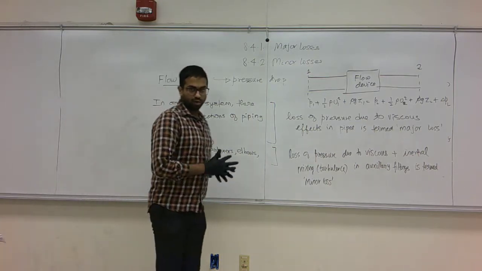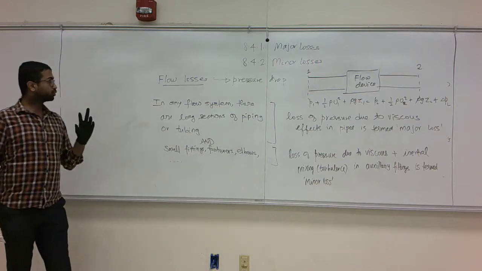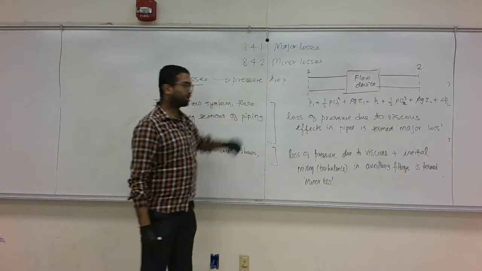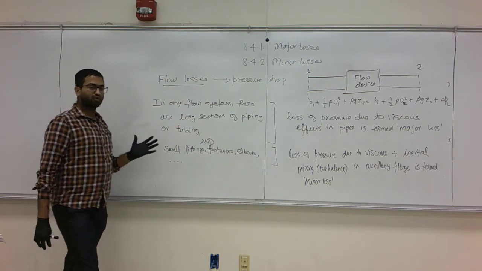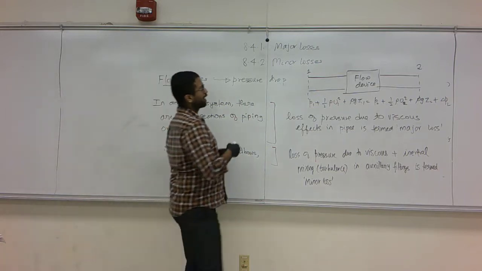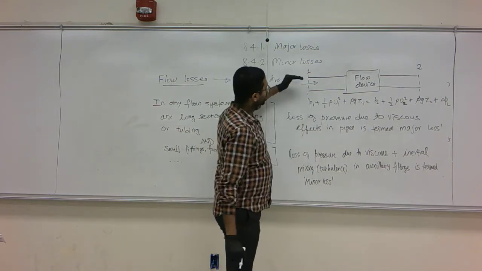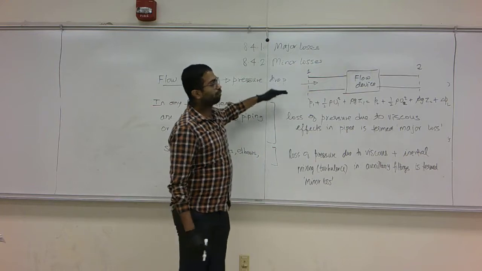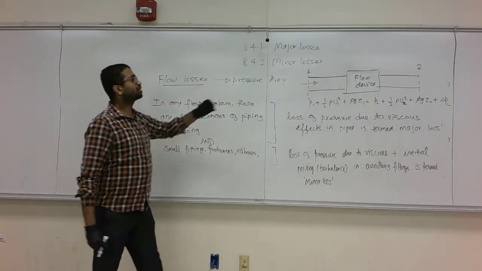The topic that we are going to look at is that of flow losses, and we classify losses into two terms. We call them major loss and minor loss. Now I told you in a previous discussion that any flow drops pressure in the direction of the flow. That is, if you have a higher pressure here driving a flow, because of the lower pressure that exists here, you have the flow moving from 1 to 2, and as it moves from 1 to 2, due to various